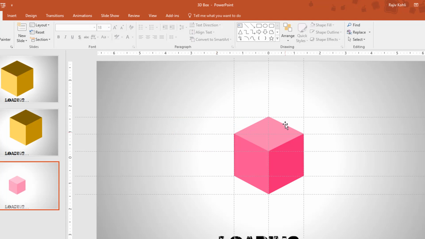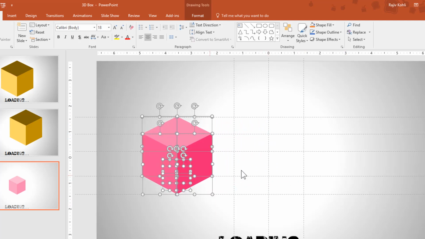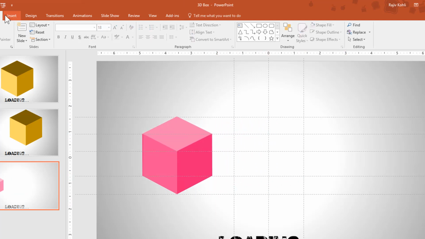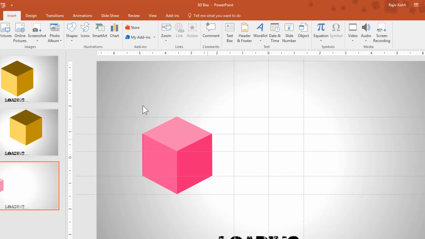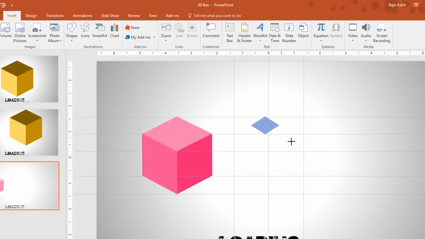Let's get back to our presentation, and let me move this box sideways. And the easiest way to draw this 3D box is to use the freeform shape. You can take even a star just like that.